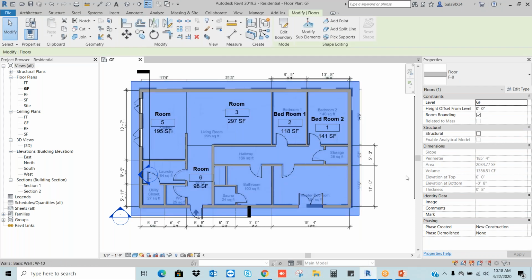Floor is one category. When you select the floor, I can see the floor in the properties. Generally, for example, you are working in AutoCAD. If you select one object, what will it show? It will show the layer of this object. In the same way, if you select this floor, I can see the category of this object.